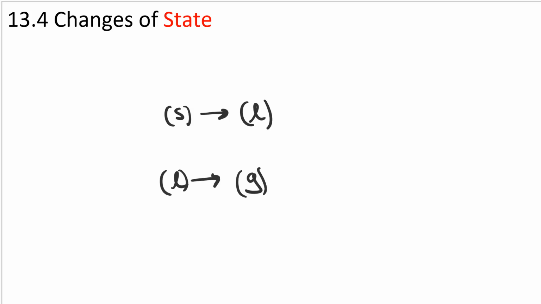Changes of state. These are changes from like solid to liquid, or from liquid to gas. We would call these changes melting and vaporization, respectively. Actually, it's more helpful if we make a diagram that has the states, solid, liquid, and gas, and their